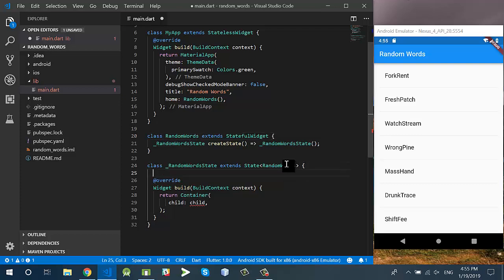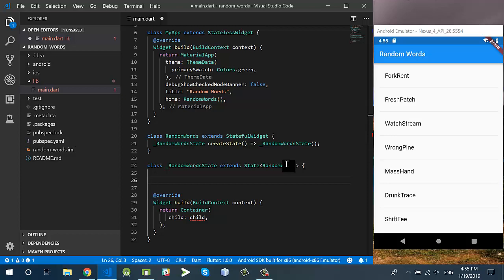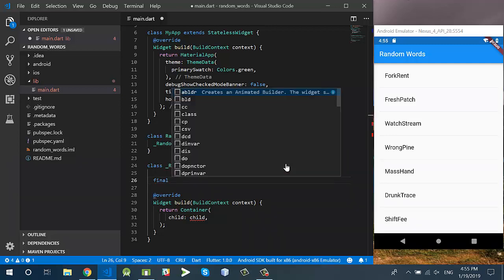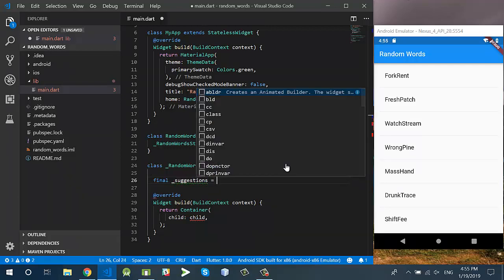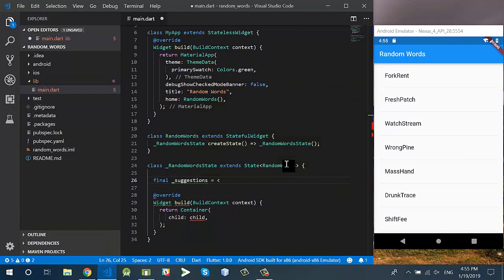Okay, in this random words state class, let's create an array which is final suggestions. Actually, these are the suggestions of English words, with the type of word pair. Okay, after creating this array,